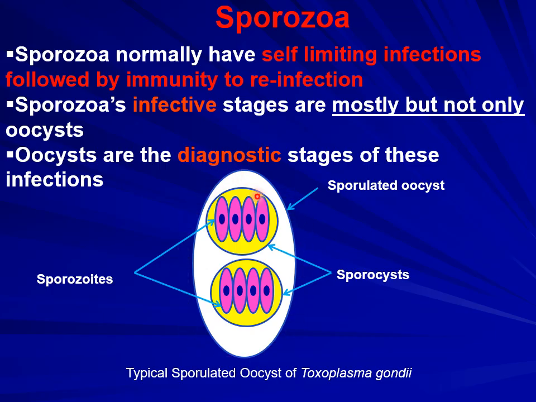So this is an oocyst that contains two sporocysts, which are the yellow sacs, and in each sporocyst we can have the infective stages, which are called the sporozoites, and these are the pink representative stages here. According to different sporozoan parasites, the number can be 2 or 4 sporozoites inside a sporocyst. When we say sporulated, sporulated means infective, meaning that these sporozoites have already developed in these sporocysts.